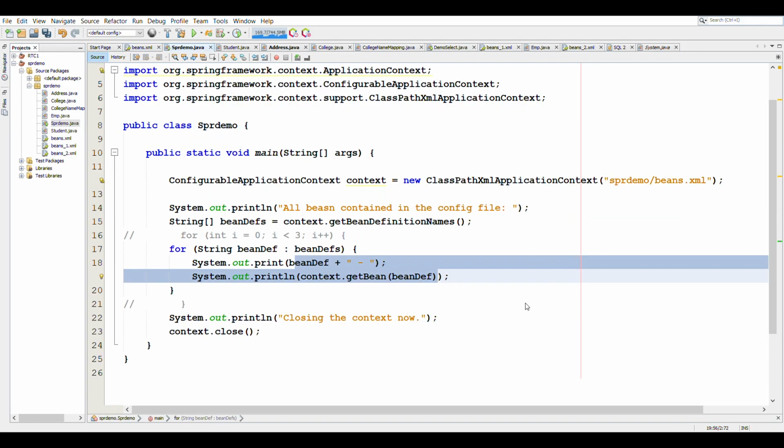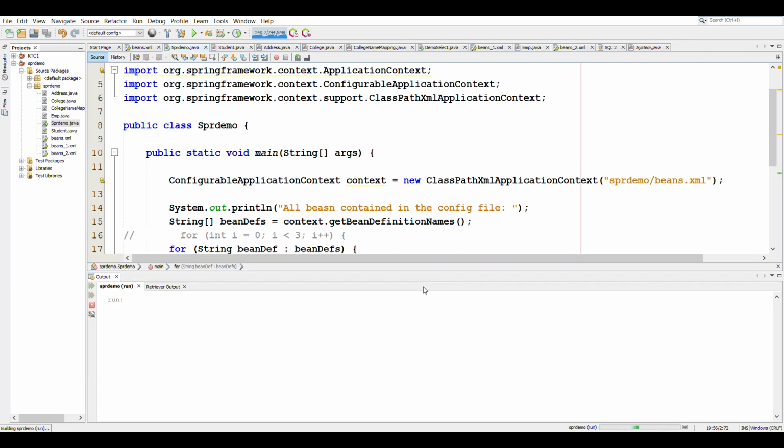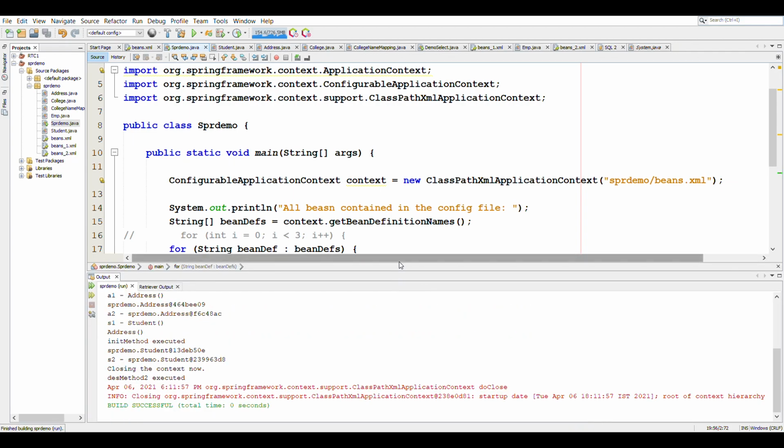Now, when we execute this code, we are just trying to get all the beans and print all beans once.